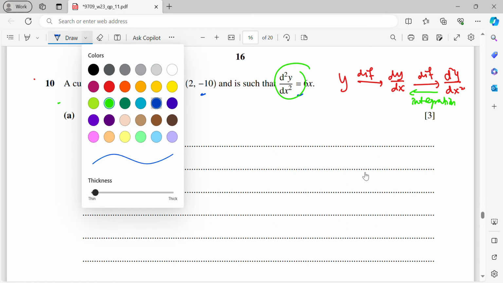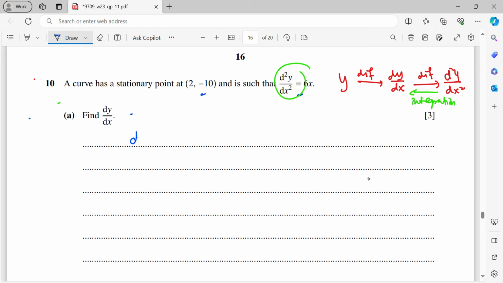So now you need to integrate. So d²y/dx² is 6x. So your dy/dx is the integral of 6x dx. When you integrate, it will be 6x²/2 + c. Therefore, this is 3x² + c. Now,